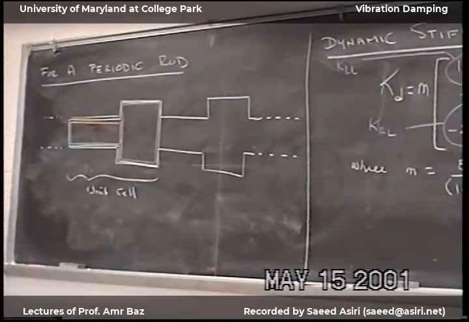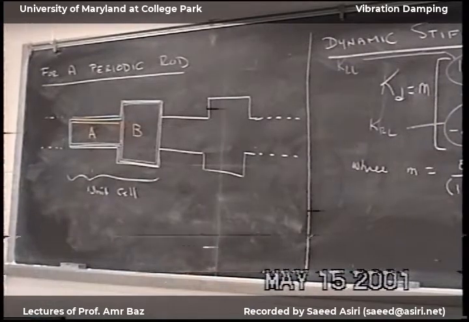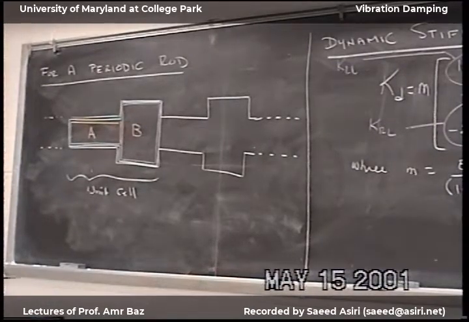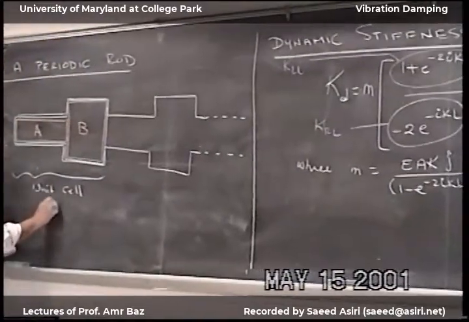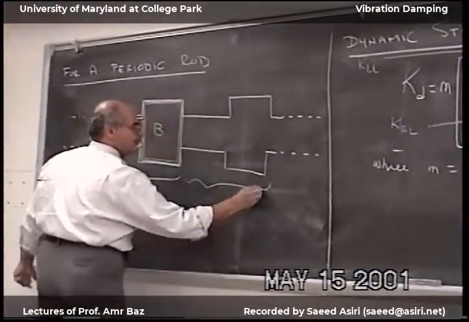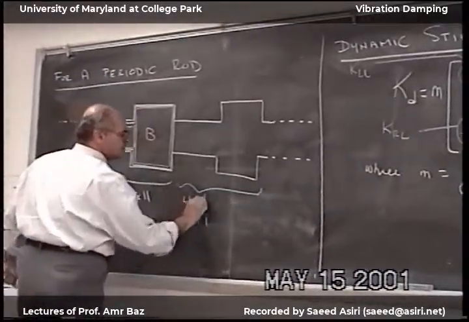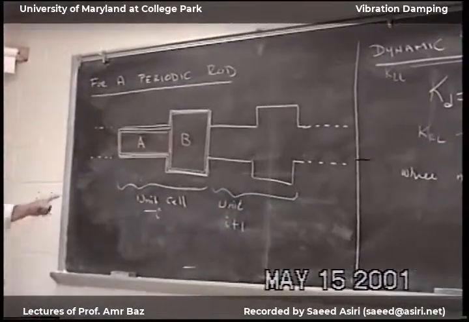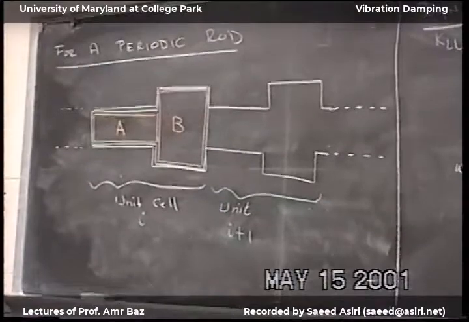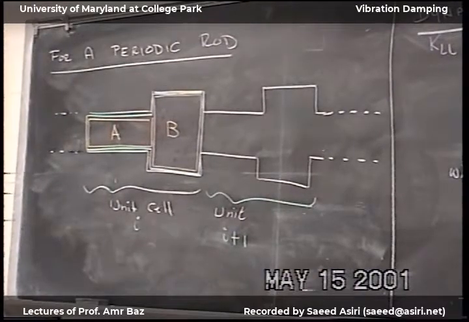Now I have the unit cell is made of these two components, A and B. And we are relating unit cell I to unit cell. This first part